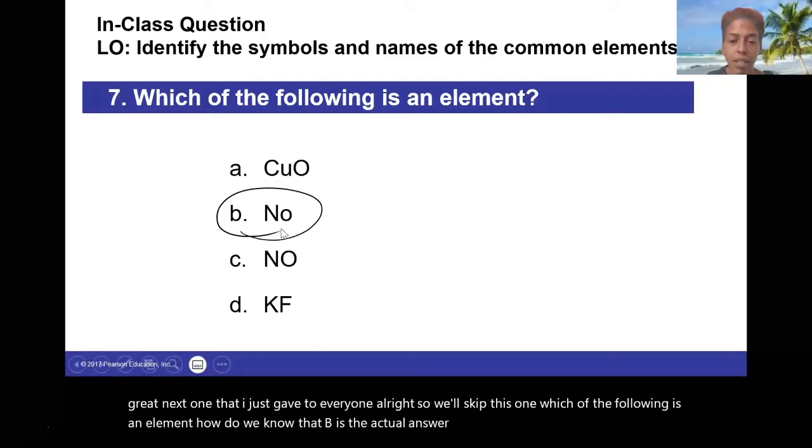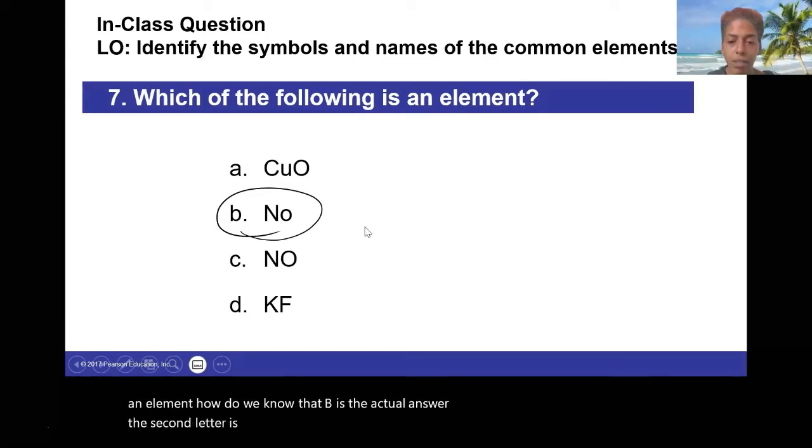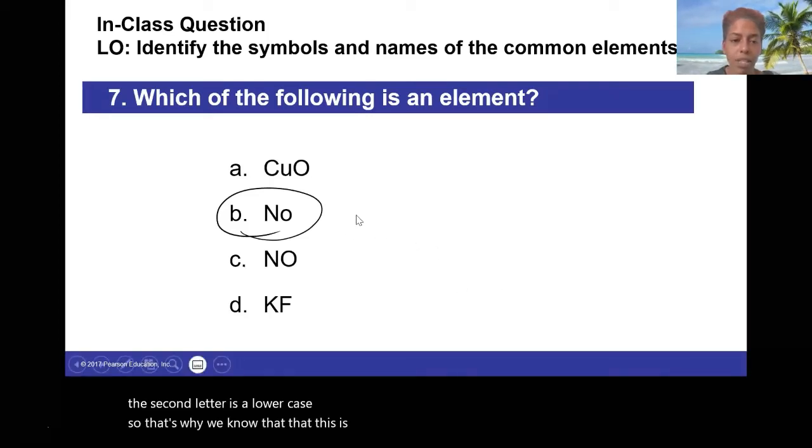The second letter is a lowercase. So that's why we know that this is an element. The rest of these are,